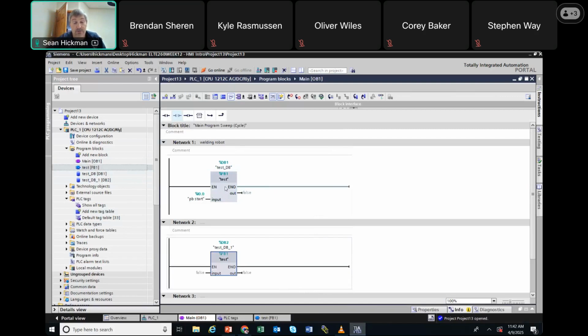If you put subroutines in here, and let's say this had like 500 lines of ladder logic in it right here. Well, it would start reading the book. It would come here and it would come to test, and then it would jump into test. It would read those 500 lines of ladder logic. Then it would jump out of test and jump down here, and then jump into this second instance of test and read these 500 lines of ladder logic, and then jump back out. And then if there was nothing else to read, it would come back to the top, and it would start reading the book again, or it would start your scan again. And whether your ladder logic is in a subroutine, or whether your ladder logic is just in your main here,